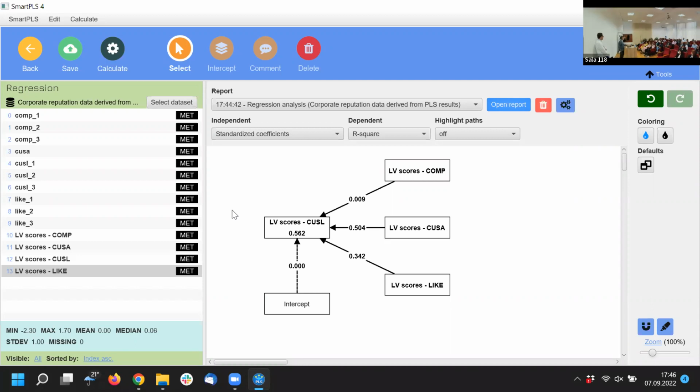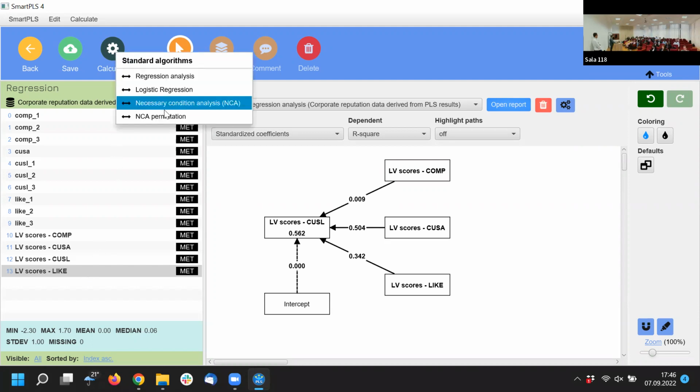But this might not be good, because from a theoretical perspective, you hypothesize these relationships. Why would you delete them? Here, the necessary condition analysis can provide you additional support that this relationship, even though it's not significant, is relevant for the outcome, it's necessary. So this is one of the big topics, and in the regression analysis model type, we also included the necessary